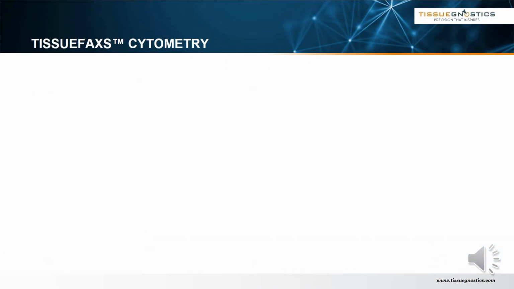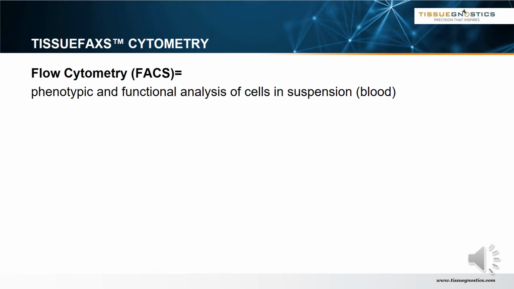You will probably be familiar with flow cytometry, also called FACS, which is a technology that has been available for decades. When you go to PubMed and search for FACS or flow cytometry, you literally get thousands of papers that have been published over the decades using this technology. It offers a phenotypic and functional analysis of cells that have been stained with antibodies conjugated to fluorochromes. A major limitation of this technology, however, is that it can only be applied to cells in suspension.